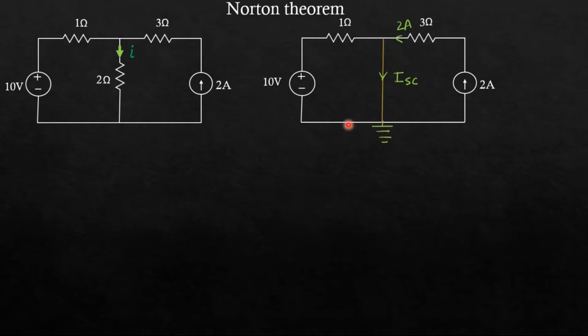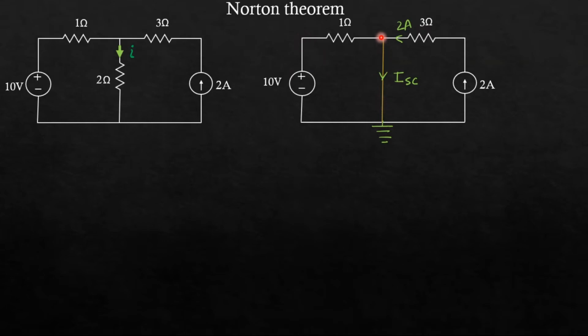Now if I ask you what is the voltage at this point, the voltage here is 0 volt, here also 0 volt, but once you cross this voltage source, the voltage here will be 10 volt. Why? 0 plus 10, because we are going from minus to plus. There is a rise of 10 volt. Okay, so here the voltage will be 10 volt.